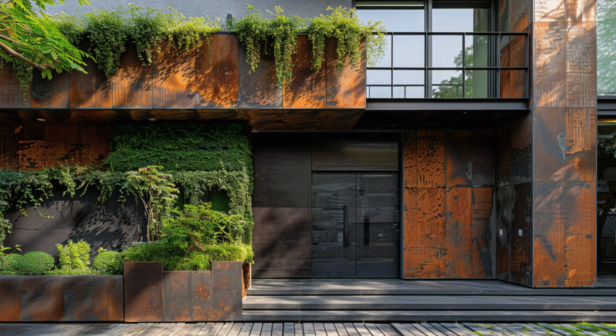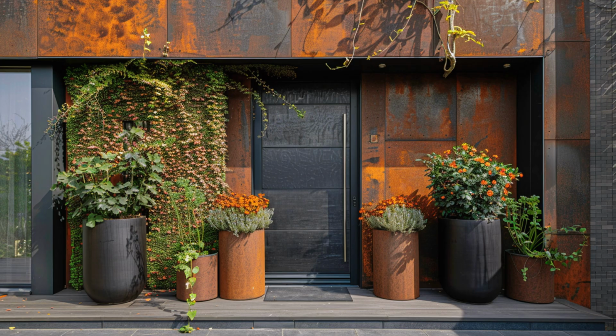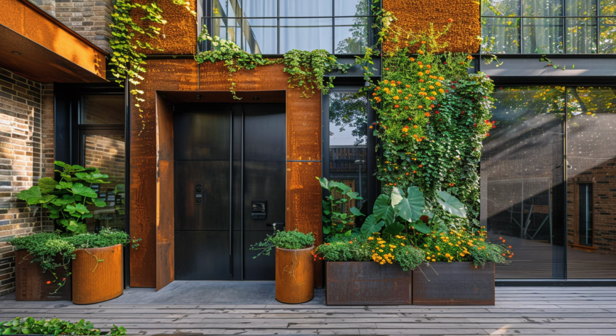Modern architectural facade featuring a blend of rusted metal and greenery, showcasing an organic connection between nature and industrial design. The setting includes a contemporary building with large windows, revealing clean lines and a minimalist aesthetic. The prominent use of deep oranges and browns from the rusted textures contrasts against rich green foliage cascading down from